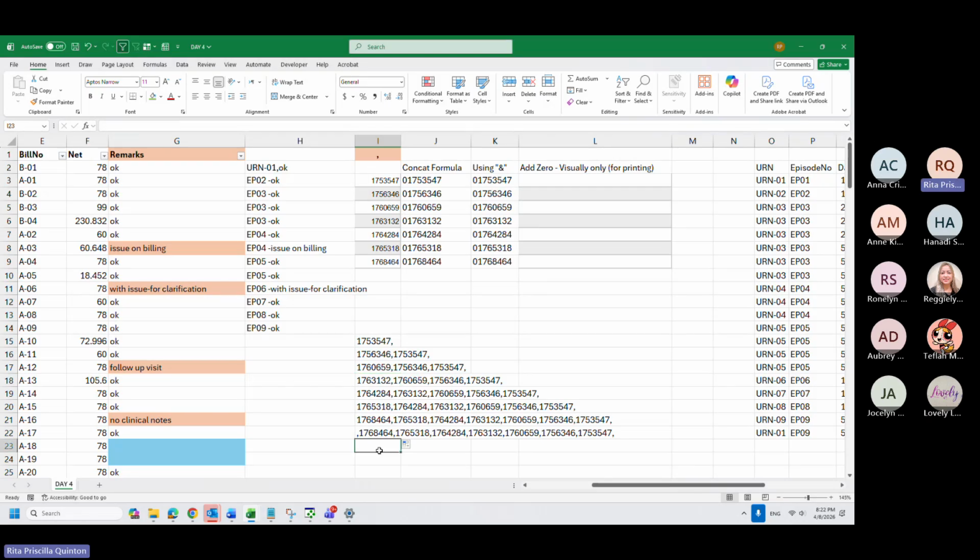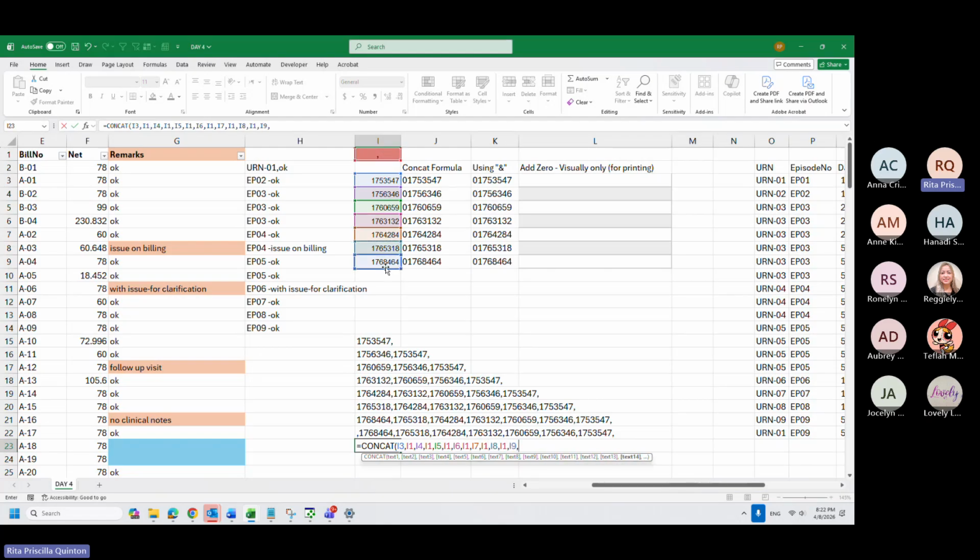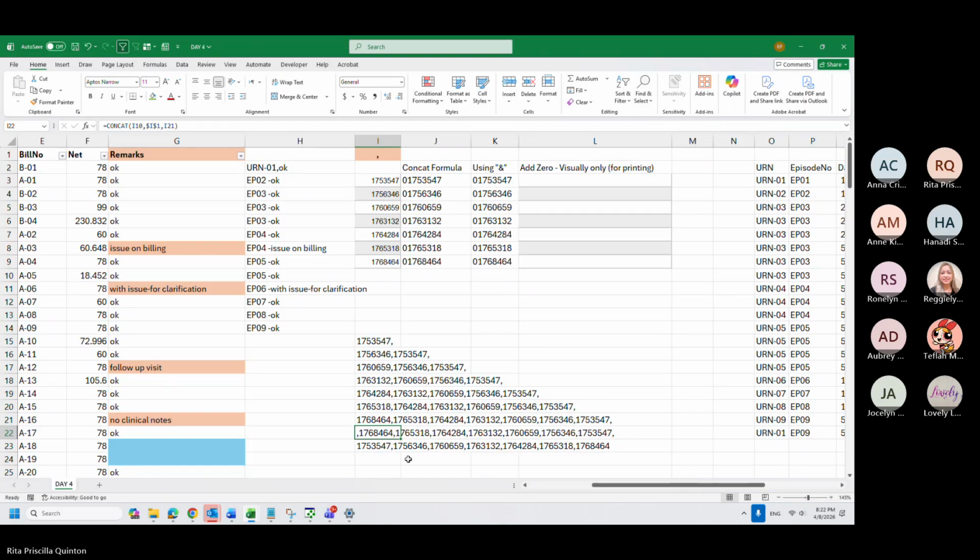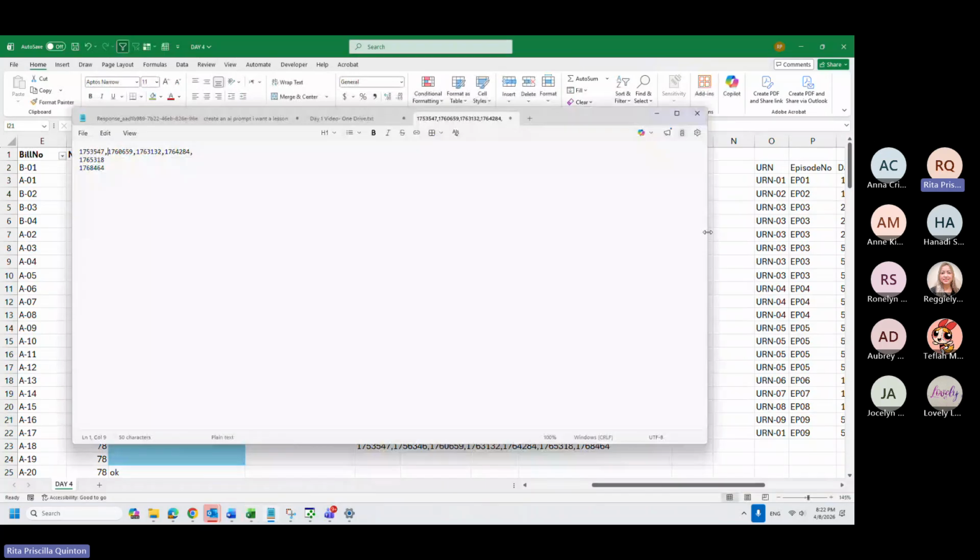So instead of doing comma this. So this one also will be the same result. It's the same result, same number of patients. However, it will be from left to right. Now we used this one to here. It will also give me the same result from the notepad of IT.